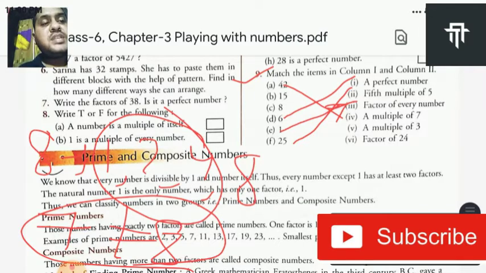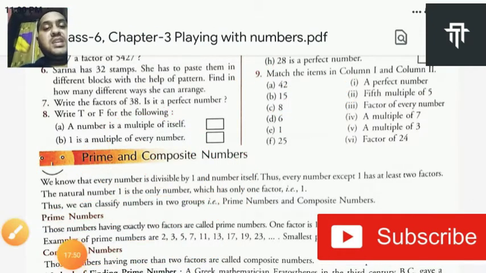Now next one is a multiple of 3. So the multiple of 3 must be 15, and a factor of 24. So the factor of 24 is 8. This is your final answer. So this is all about exercise